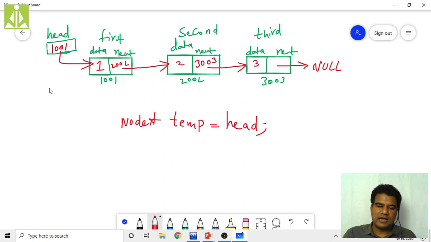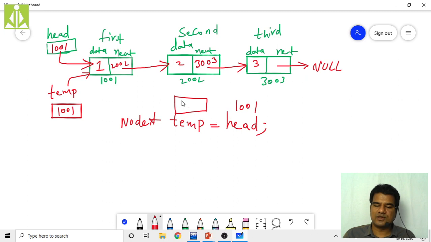So what will happen? A separate pointer variable temp will be created with some memory, and it is going to point to the first node because we are storing 1001. Using head, the right side of the assignment operator will give you the address 1001, and that same address, using the pointer on the left side of the assignment operator, will be stored in the memory location of temp, like this. So temp is also pointing to the first node, and head is also pointing to the first node.